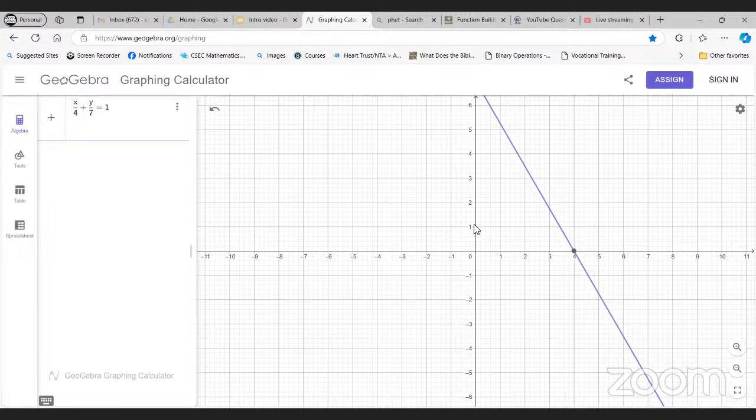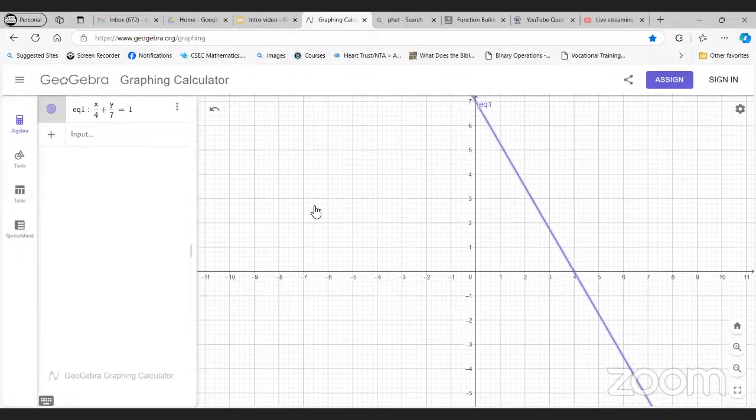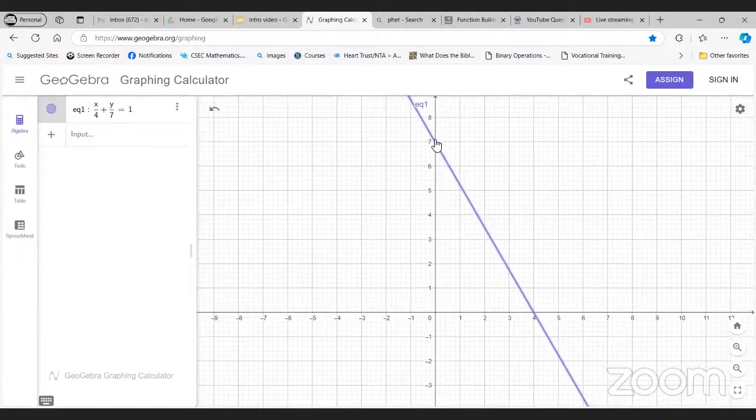Good. So here it is. So now we wrote it, or it was given to us. So look at it now. I'm going to drag this down so you can see. If you notice that the line